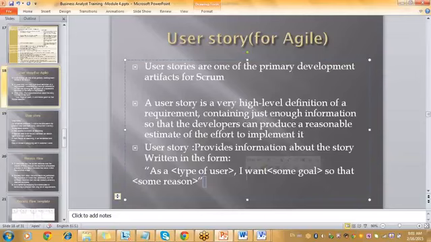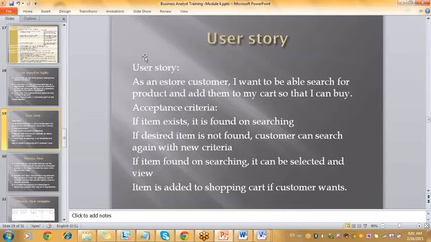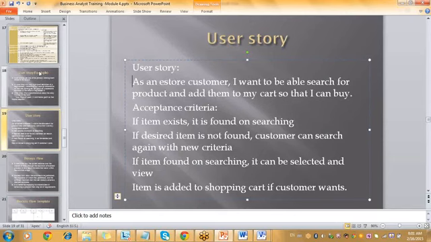Right? Let's say an example. This is the format which we generally follow in Agile when we write the user story. If you see here, as an e-store customer, I want to be able to search for the product and add them to the cart so that I can buy. Now, when I break this up into this format,